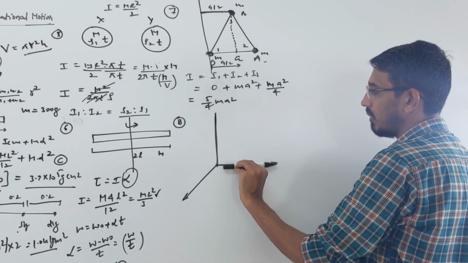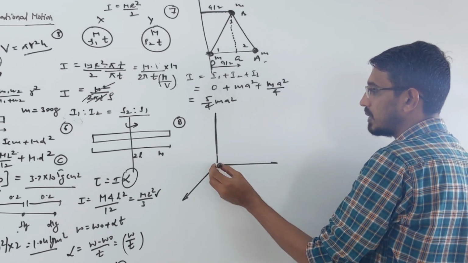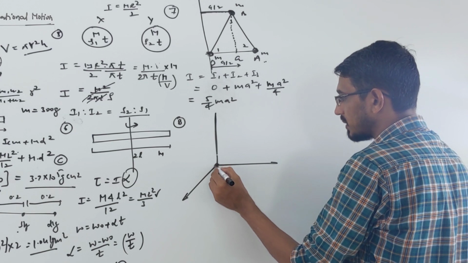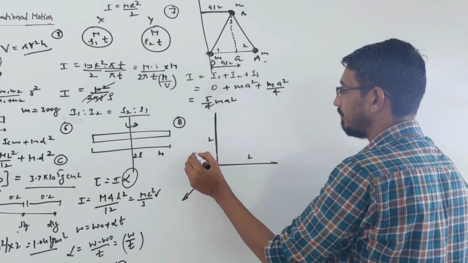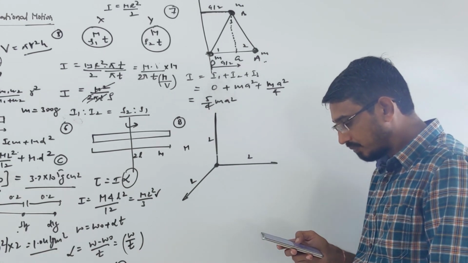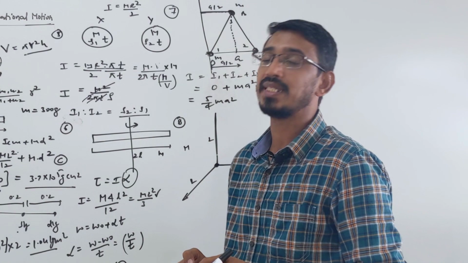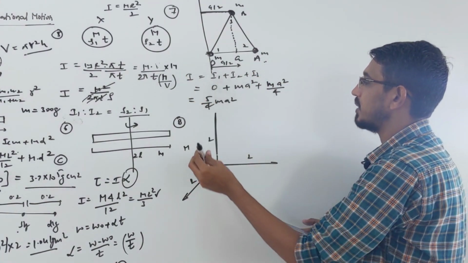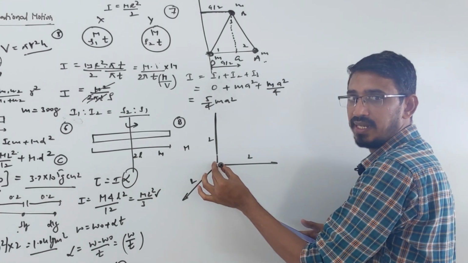One rod here along x direction, one along y direction, means these two are placed on the board only, but this one is placed perpendicular to the board. So these all three are ending at the origin here, they are saying, okay. And length of every one is given L, mass also given M. Similar rods, okay. The moment of inertia of this system about z axis is what? Very interesting question. So look, they are asking what is the moment of inertia of these three rods about z axis itself, right.